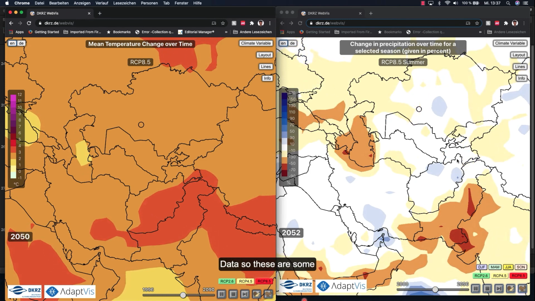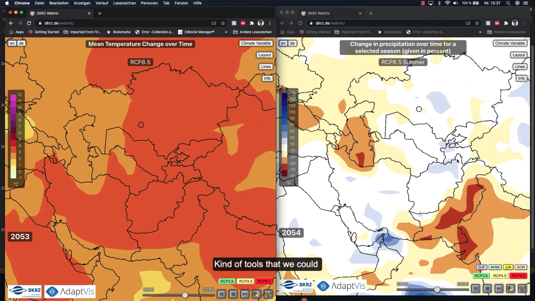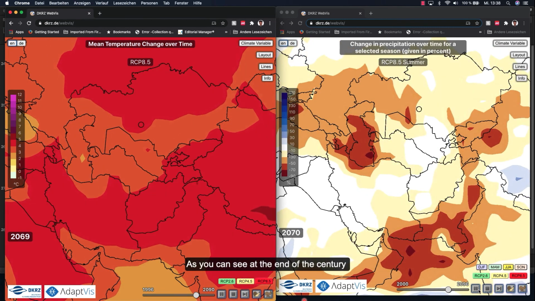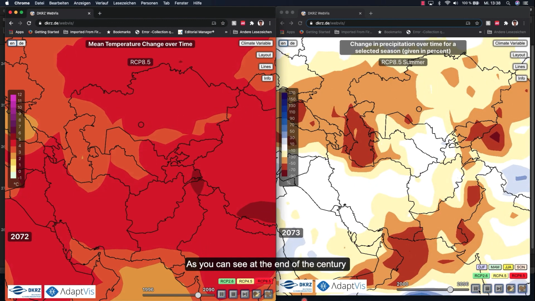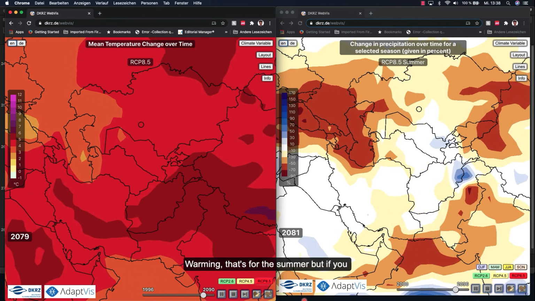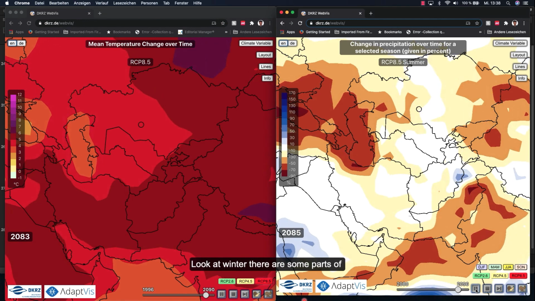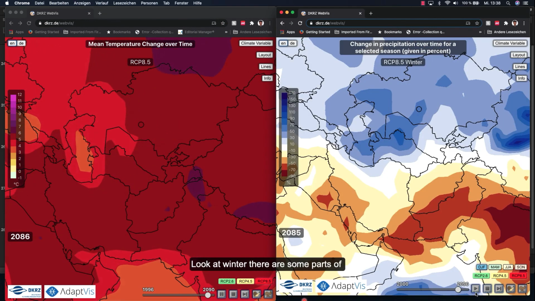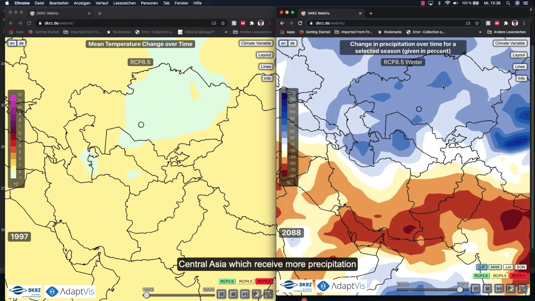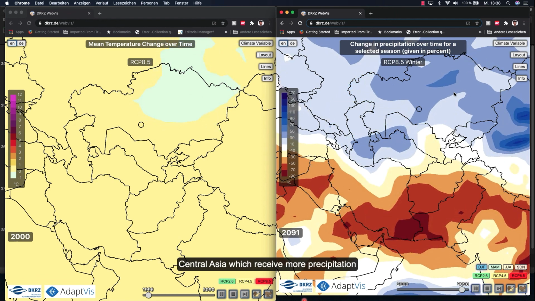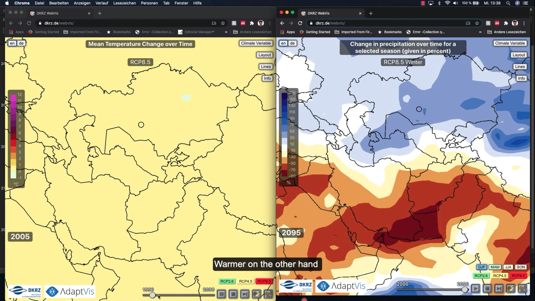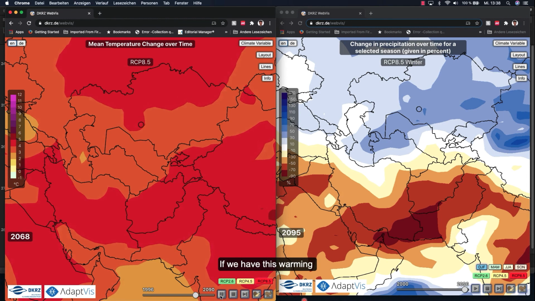So these are some tools that we can use for visualization if we are not an expert. As you can see, at the end of the century, we reach like 4 or 5 degrees Celsius warming, but that's for the summer. But if you look at winter, there are some parts of Central Asia which receive more precipitation, but the problem is when it gets warmer, on the other hand,